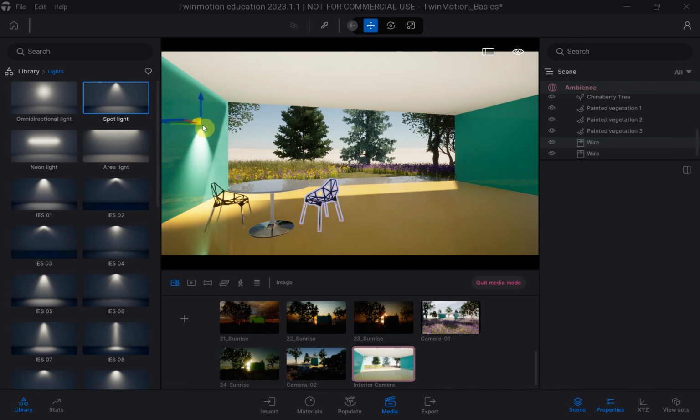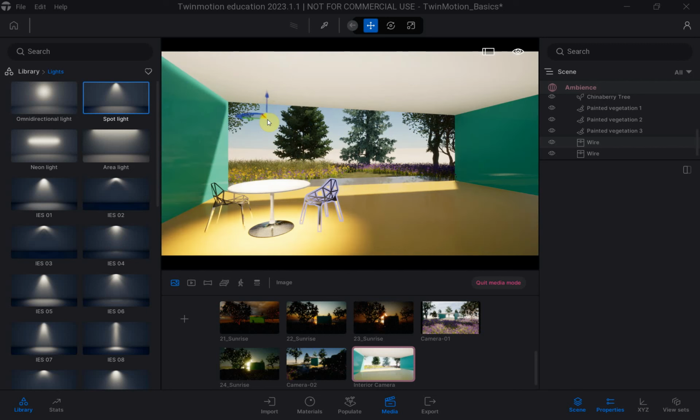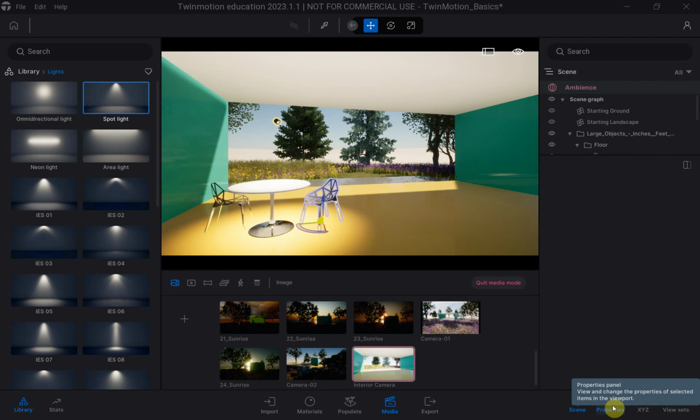I can drag it, and you see it working on the wall there and working on the other wall there. I want to put it just over my chairs and tables here, so I'm going to do that. And then I'm going to look over at properties and see what the settings are for that particular light. I have to select it,